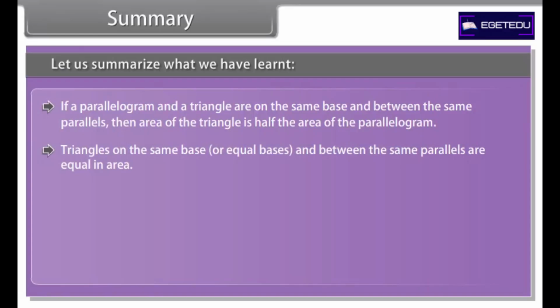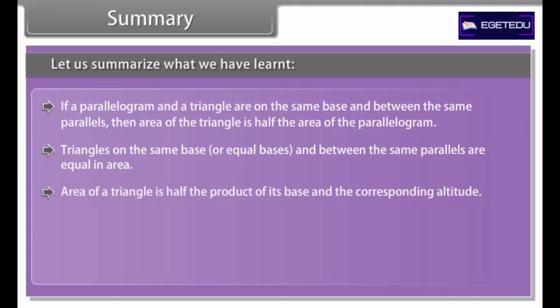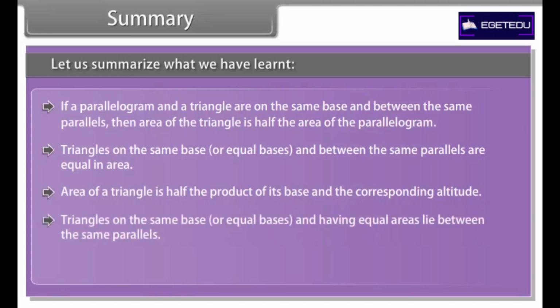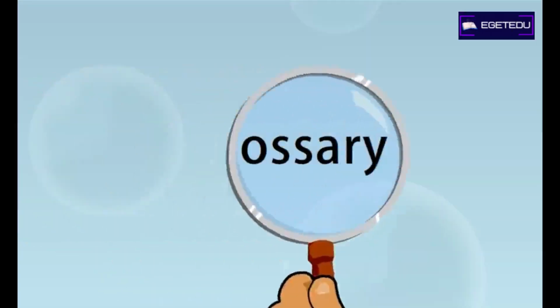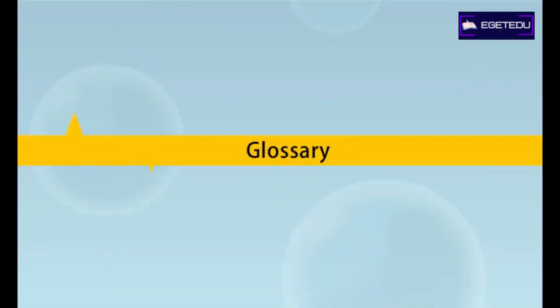Summary. Let us summarize what we have learned. Area of a figure is a number in some unit associated with the part of the plane enclosed by that figure. Two congruent figures have equal areas, but the converse need not be true. Two figures are said to be on the same base and between the same parallels if they have a common